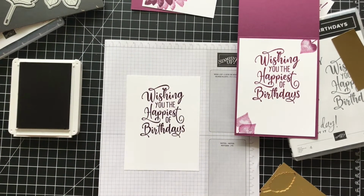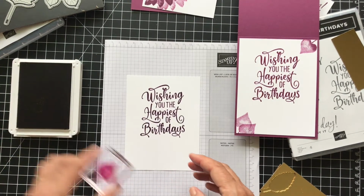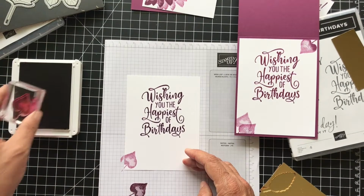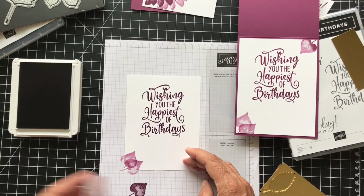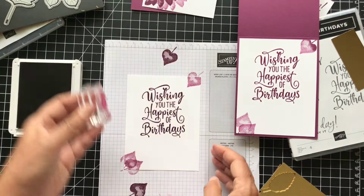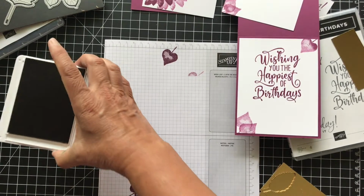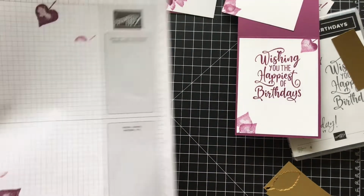And then we'll do the smaller leaf. And I want to stamp off first because I want a lighter shade. And then I'll do 2 on the bottom, and then we'll do 1 on the top. Okay, so let's just put all of that aside, close this up, stay out of the danger zone with that,